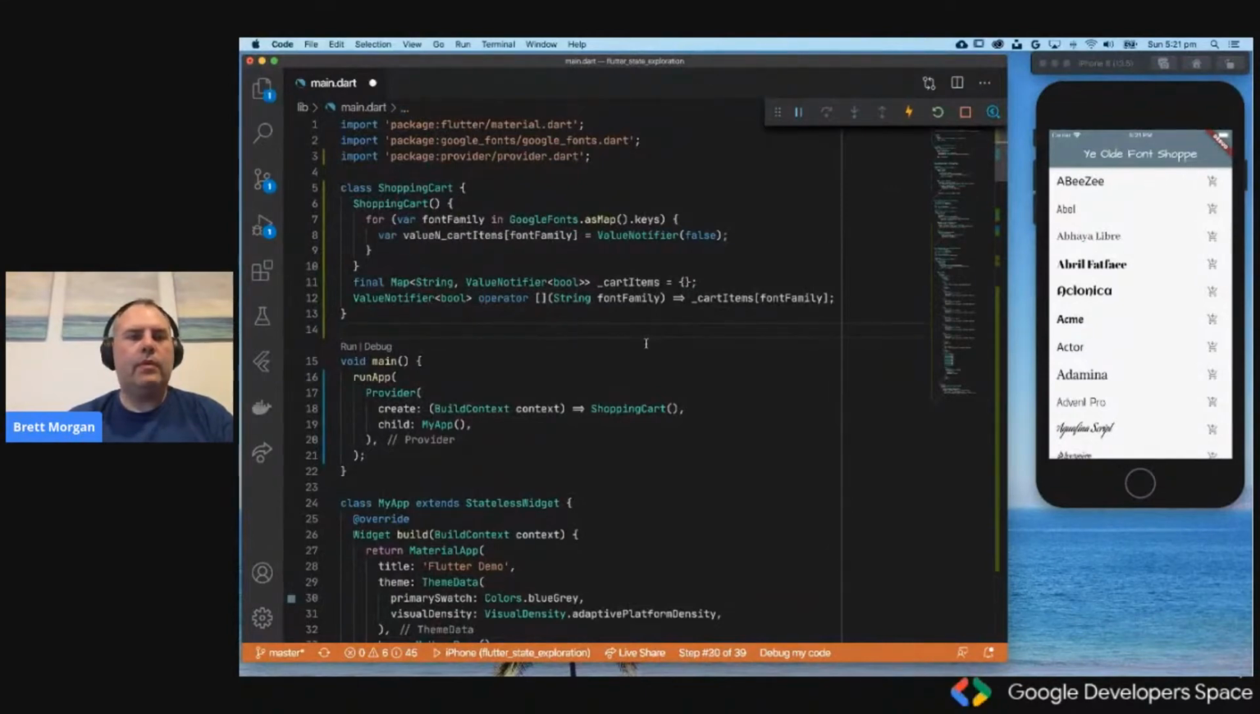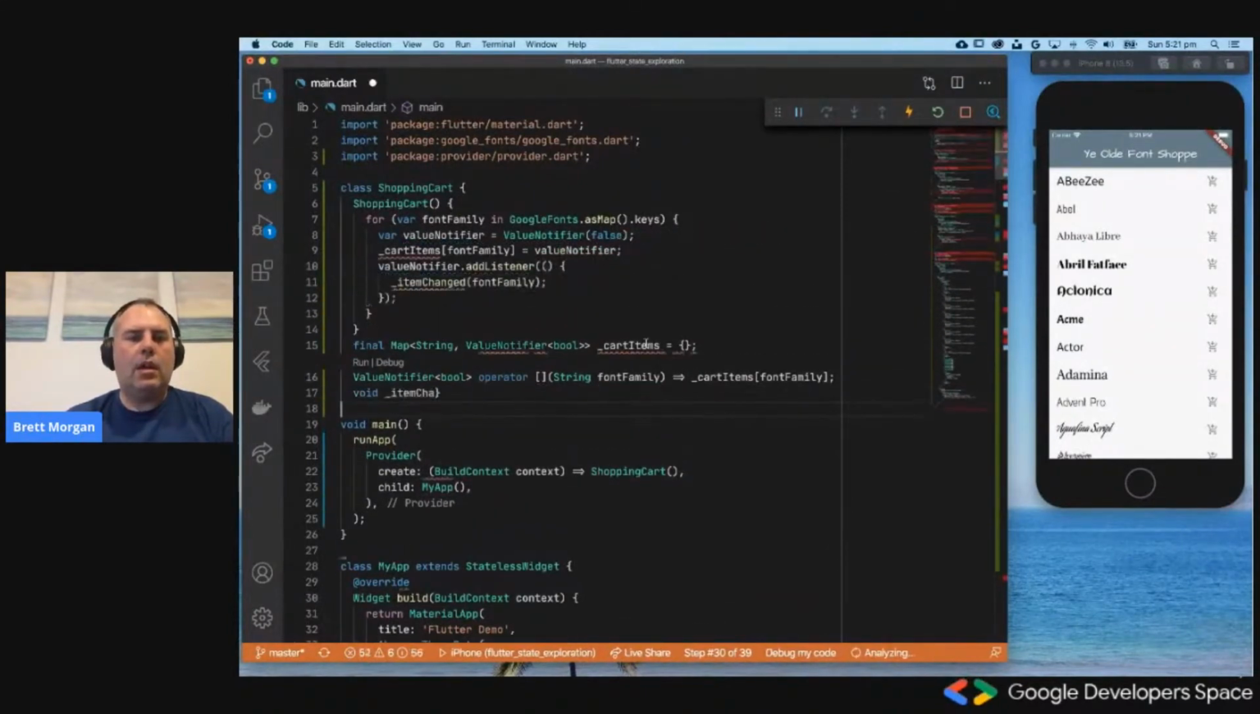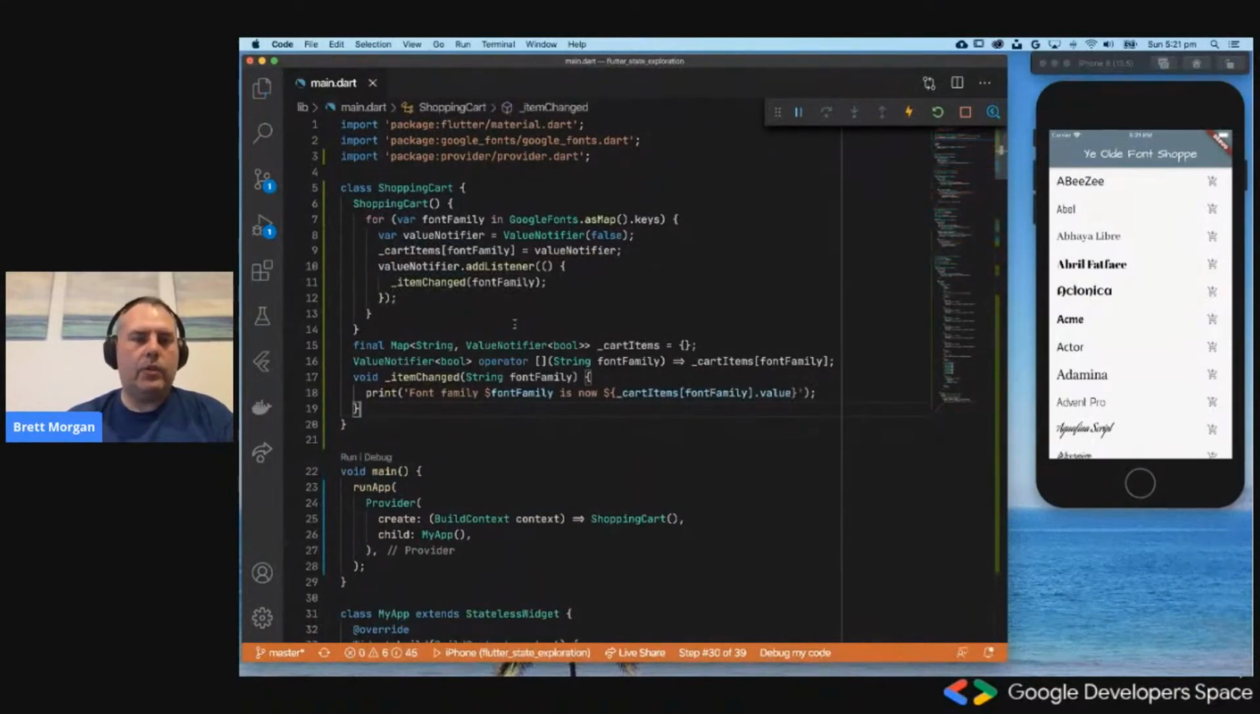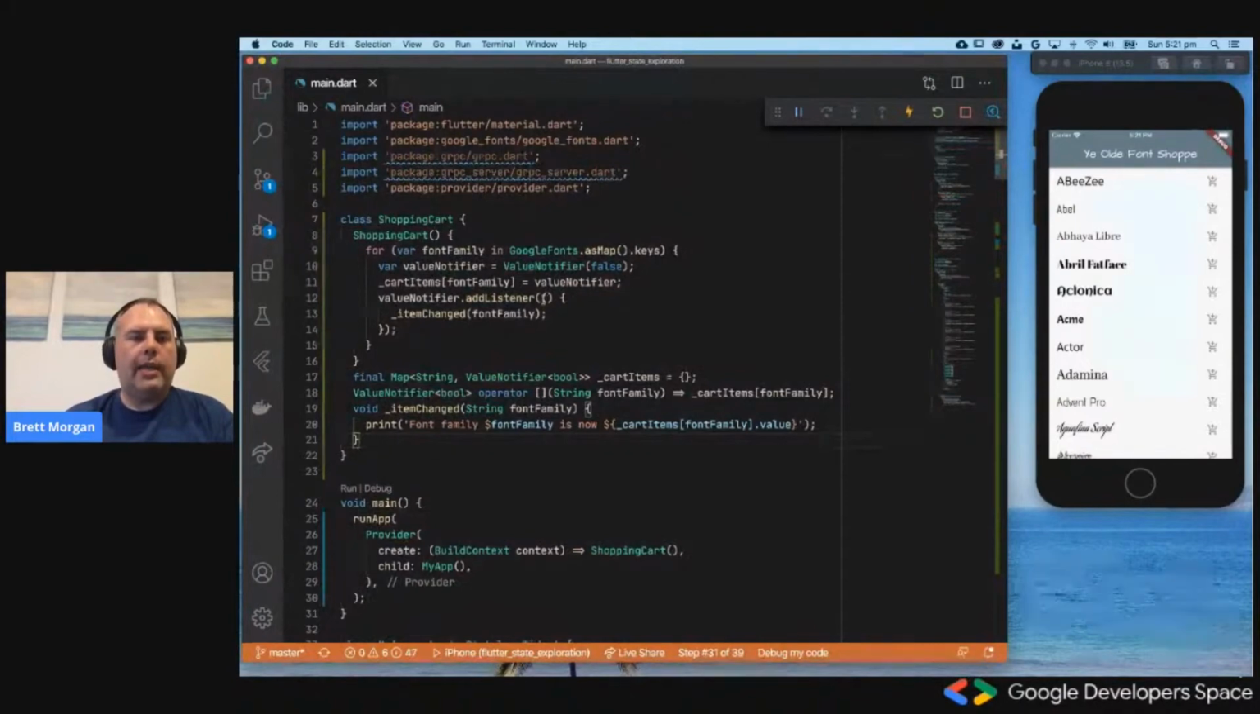Well, oh yeah, let's actually use it. So we're using the value notifier, we're adding items to it appropriately, and